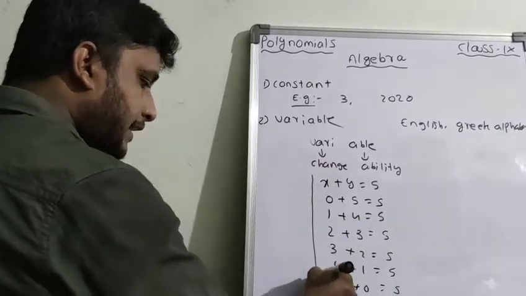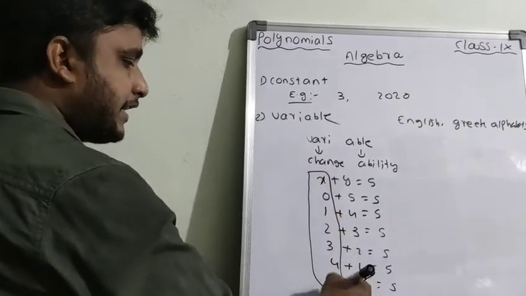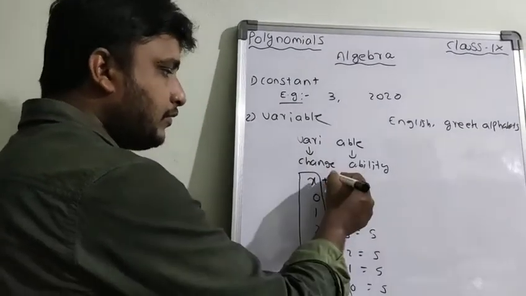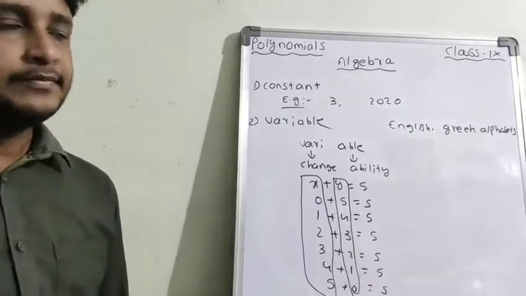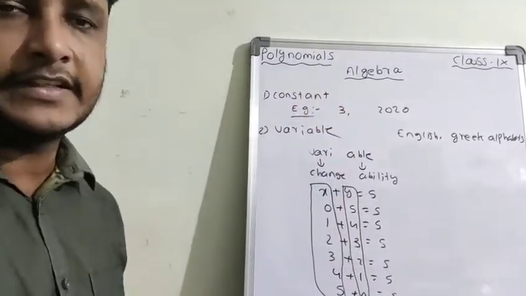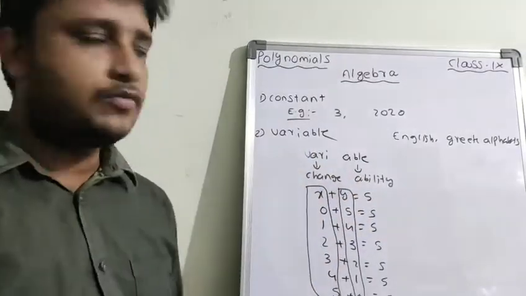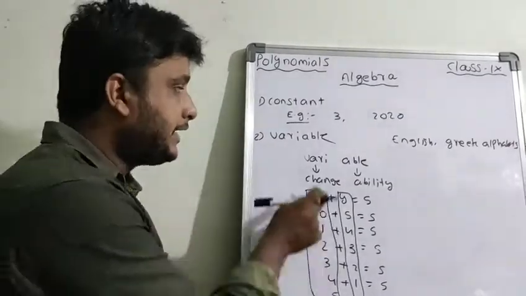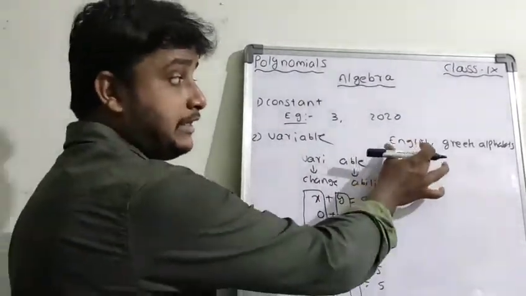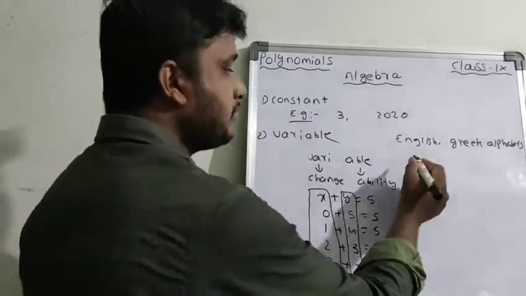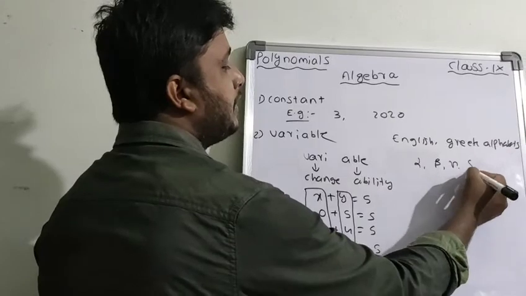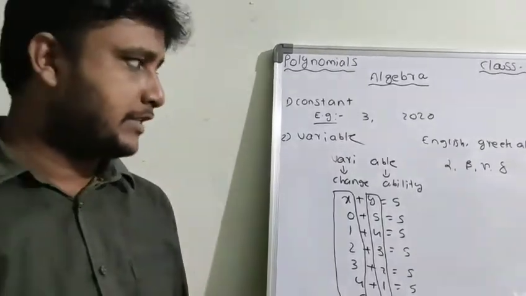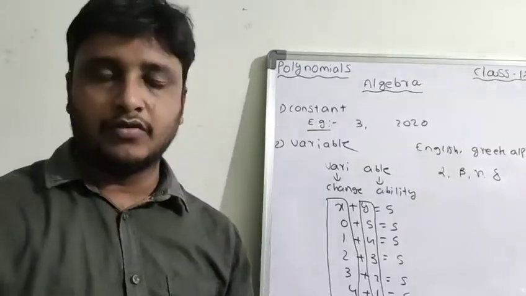If you observe, in the place of x you can take these many values. That means in each and every condition, the value of x is changing. And in the place of y also we can take these many values, so here also the value is changing. But in constants we cannot change the value, it is a fixed value. In a variable we can change the value. So a symbol which can take various, that is different, numerical values is called a variable. Basically English alphabets and Greek alphabets, like alpha, beta, gamma, delta, are variables, and we have many other alphabets also. So this is the definition of a variable.